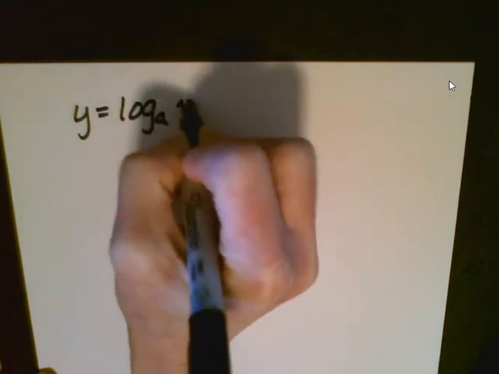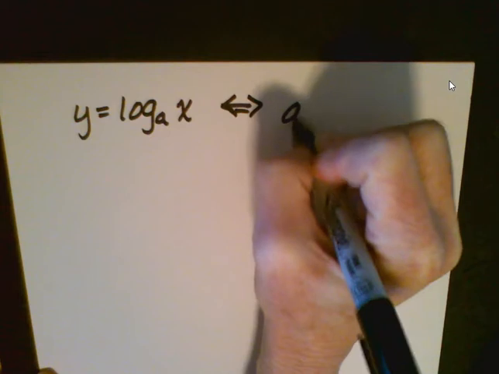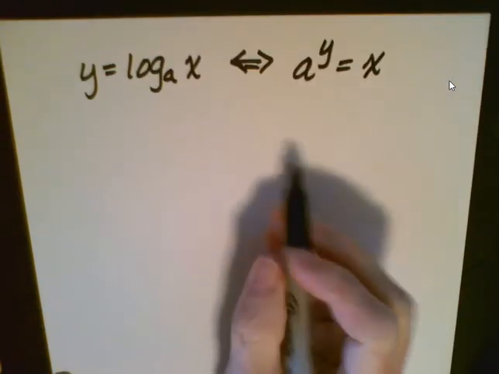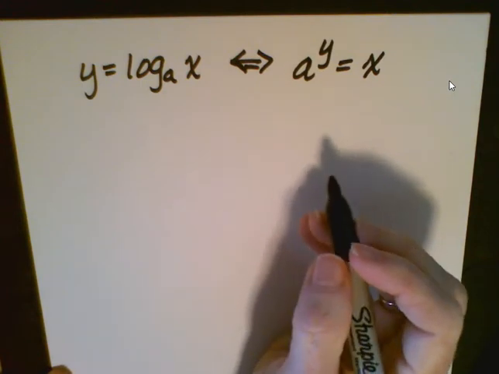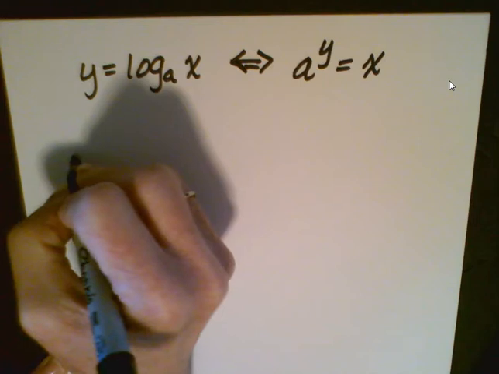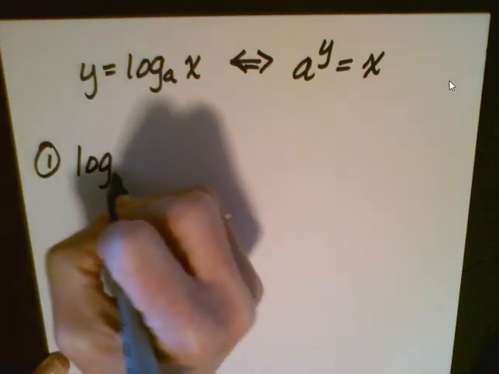I'm going to rewrite it here. You should be able to write this. You really need to have that just flat out memorized because you'll have to convert back and forth many, many times in Chapter 6. So we might have a problem that says, here's our first one, log base 3